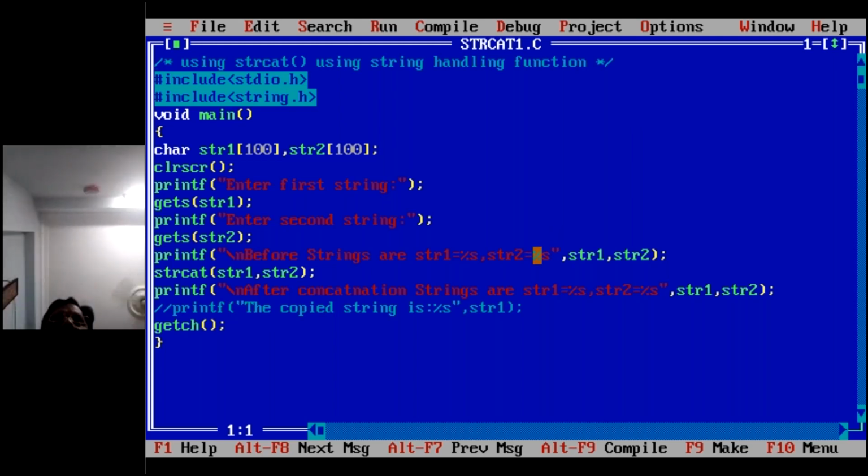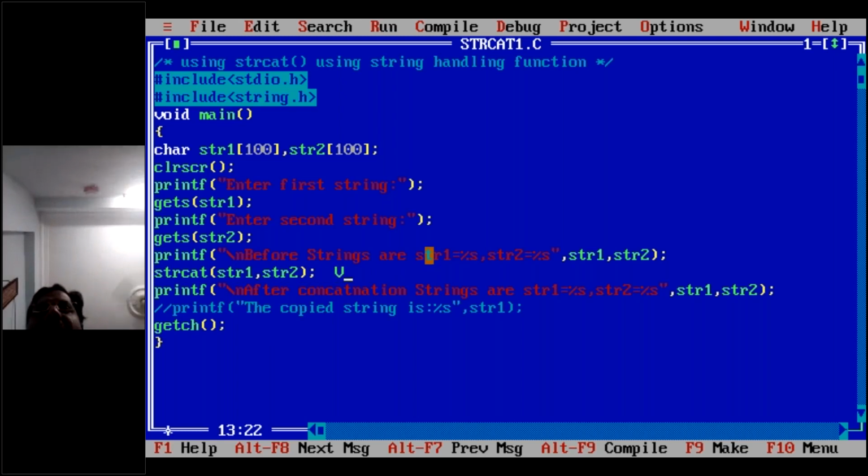Enter the first string, string one, and enter the second string, string two. Then I add the strings, string one comma string two. The predefined function I have to use is strcat of string one and string two.